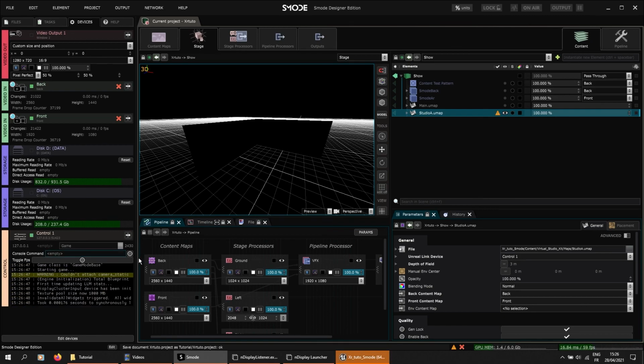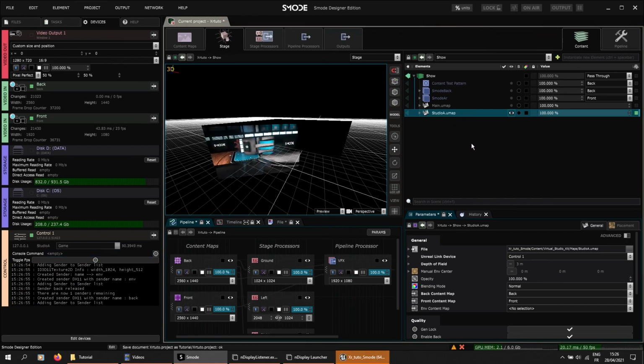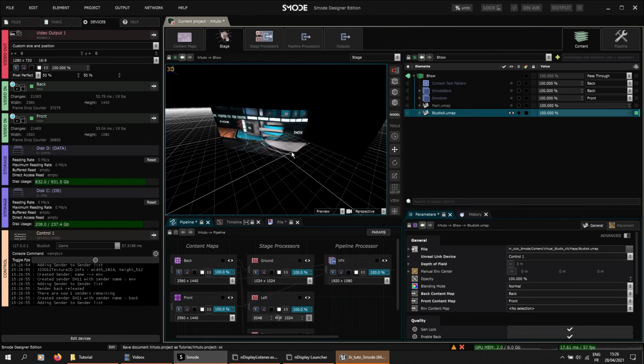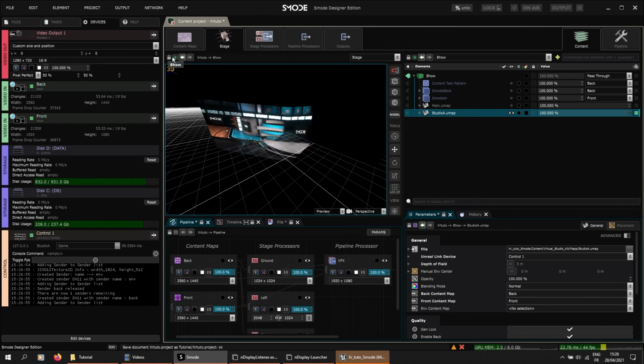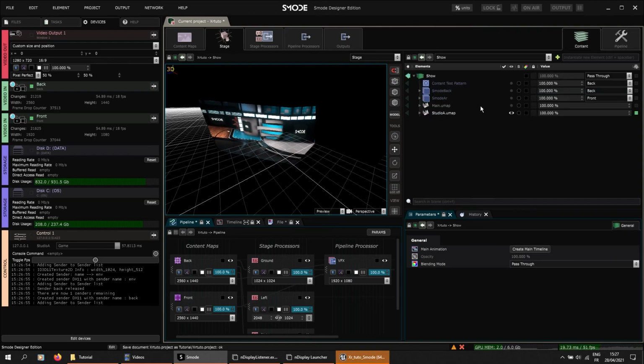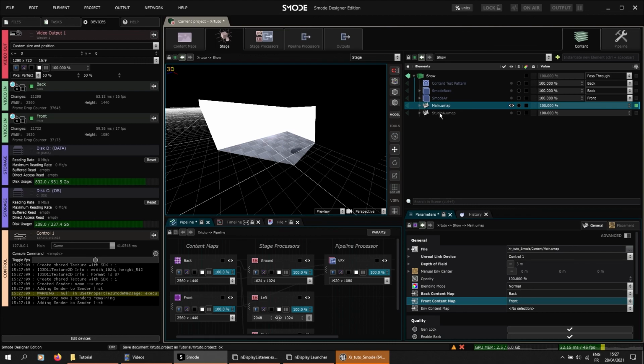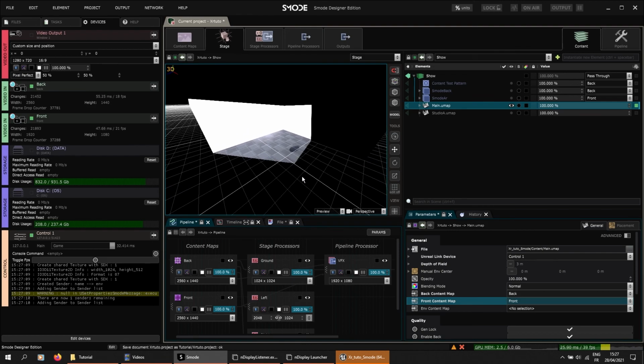Okay. Now Unreal is started and I can load my map. Yeah. And now I have my map. And if I move the tracker, we see it moving. And I can switch between maps by activating another map. It will automatically disable the other one because only one map can be loaded at a time.